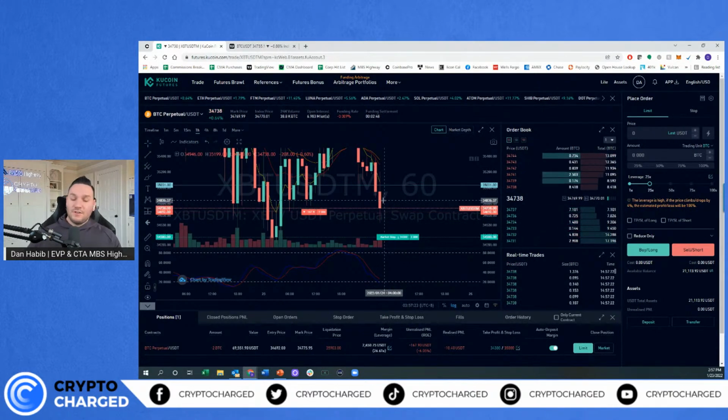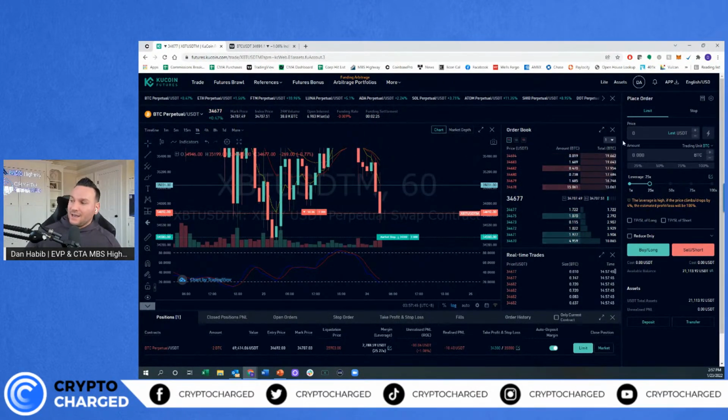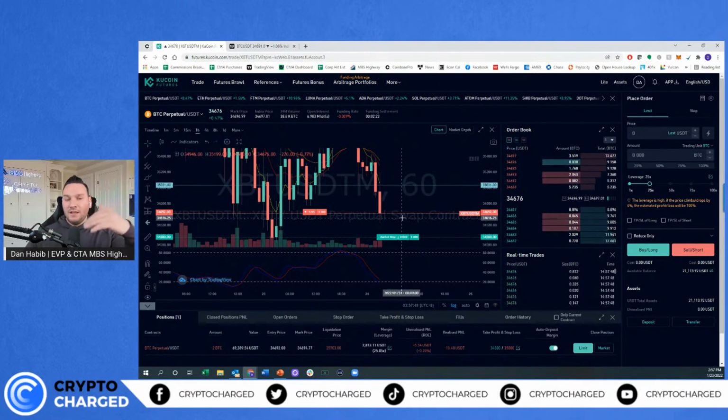What can we do? Well, you can just leave the position alone, or you could try to heighten or increase your cost basis, which means that if I wanted to, I can add additional positions as the price is moving higher. So an example would be, I could say, you know what, if it comes up here, I still think that it's going to move lower, but it may come back up and retest this area. I can enter in additional orders and it will increase my cost basis, but it will give me more exposure at the same time. So this is something that you have to weigh out what you want to do and how much conviction you have. But this is something that you can either lower or higher if you're going long or short your cost basis